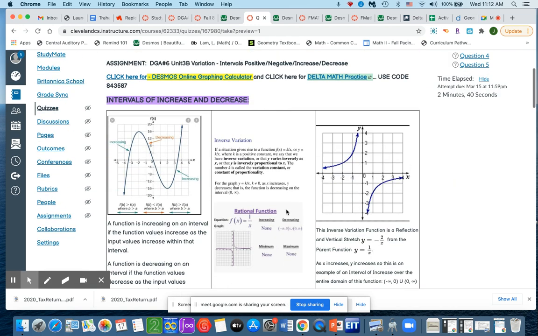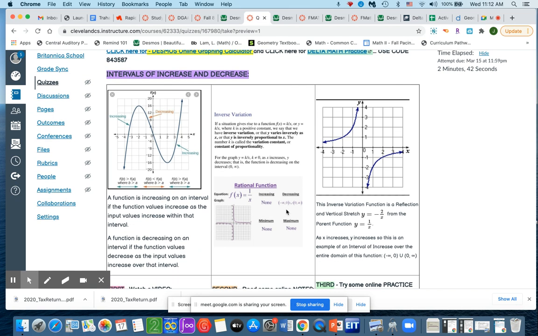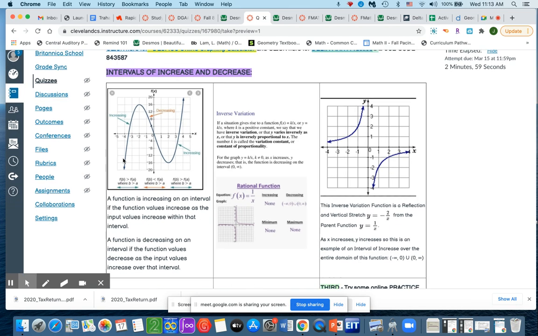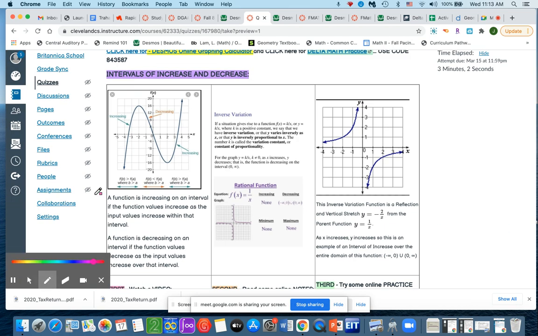So for the top part, which would be the first so many questions, I'm assuming, I'm not sure what kind of order you're getting the questions in, but if it uses the word increasing or decreasing, then we're talking about these pictures up here. So for this picture right here,